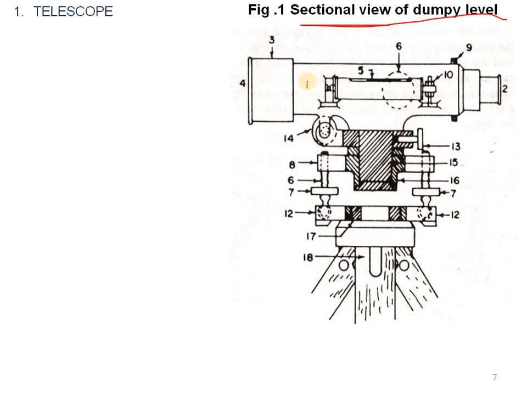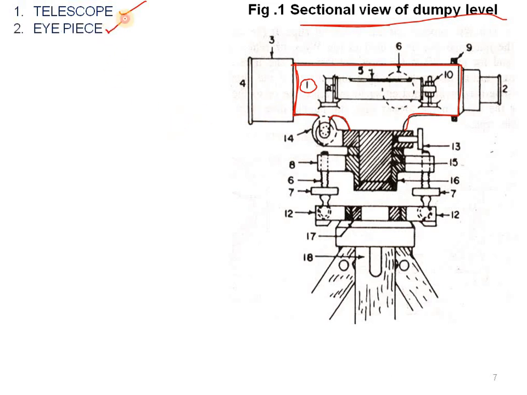So the first one mentioned is called the telescope. This number 1 is the telescope. This telescope is used for sighting the objects. This telescope portion, up to here, you can see the line which I am drawing, is totally a telescope. This total portion we will call the telescope. In this the total maintenance will be done. So this telescope is used for sighting the objects.